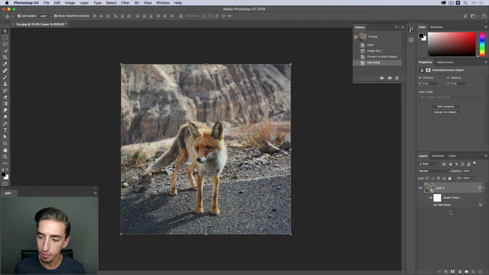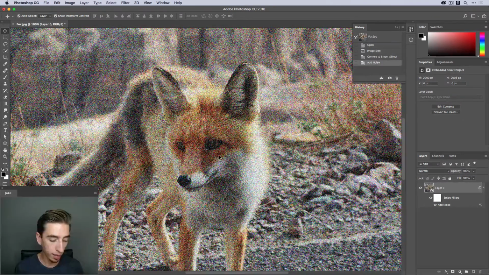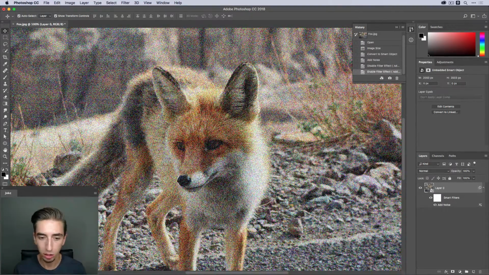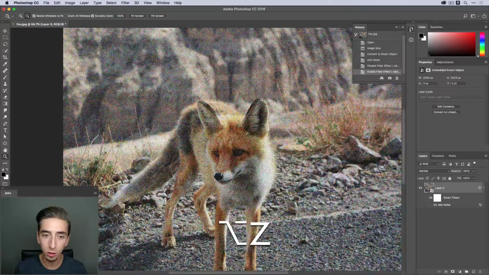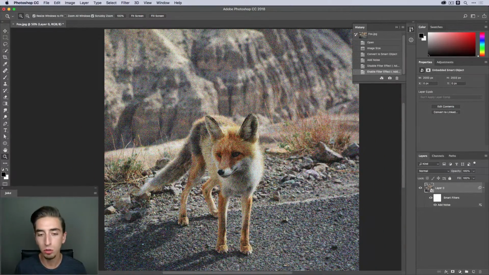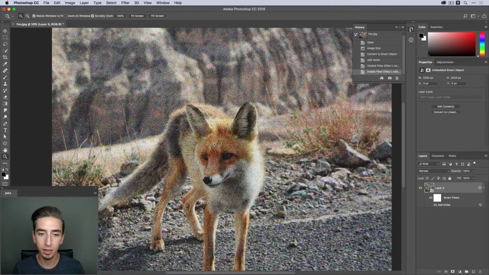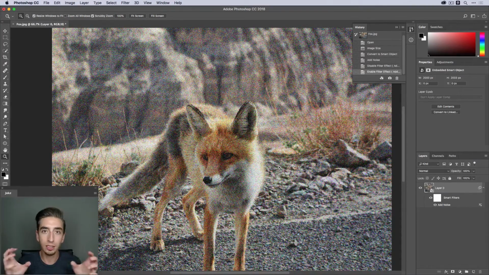I'll click OK, and that's added as a smart effect. I'll zoom into 100%, Command 1 on the keyboard or Control 1 on a PC, and I can turn this off and back on just so you can see what that's doing. Add noise is something that I actually do use. It's really great for helping smooth out gradients, because gradients can actually produce this thing called banding, which is just